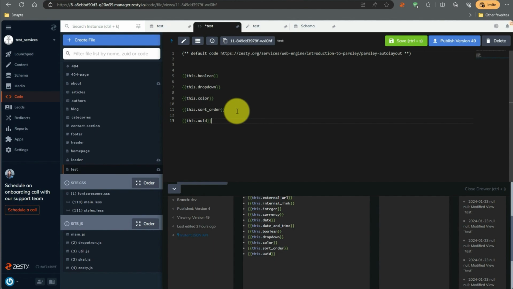Let's copy the code and paste it in here. Now, UUID stands for Universal Unique Identifier, and it does exactly that, provides a unique identifier for each piece of content. The value of this field is auto-generated and can't be edited, making it perfect for tracking and managing content